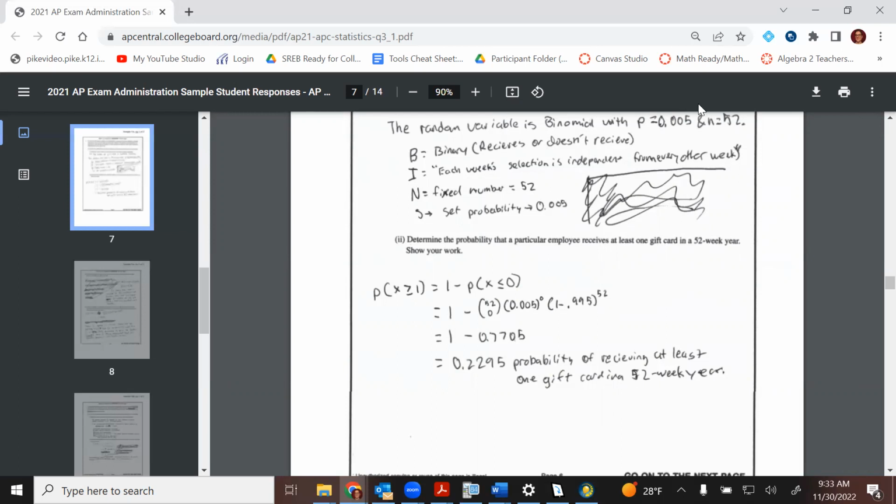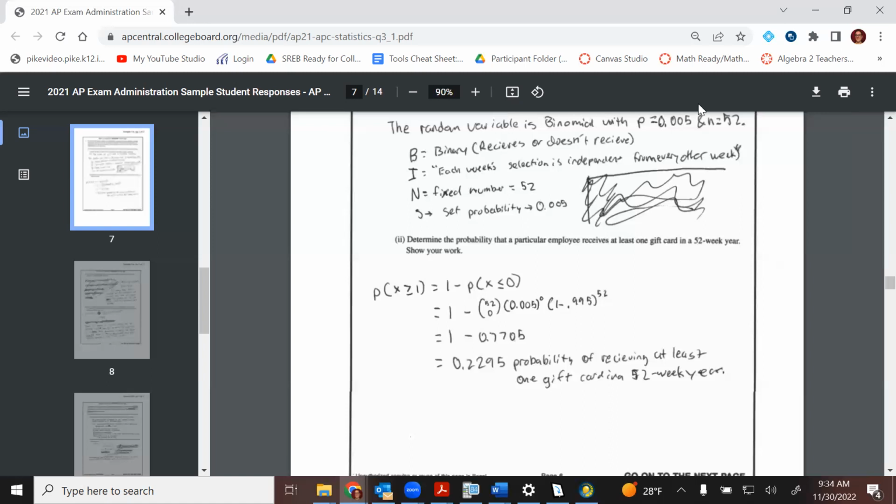So you could do 1 minus your binomial CDF, but when you write inside the parentheses the numbers that you type into your calculator, you need to state what those things are. This is N, this is P, this is the X value that I'm interested in. Inside your parentheses, you need to label those. Tomorrow, when we're going over the test review, I can show you exactly what I mean. Looking at the scoring guide, you do not have to write this out, but if you're using a calculator, you do have to explain what all the parts you're typing mean.